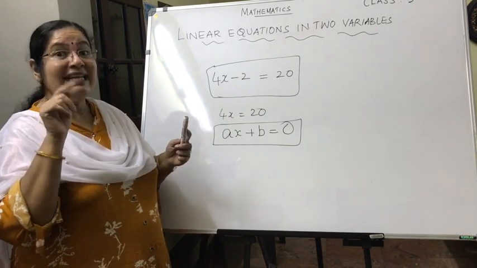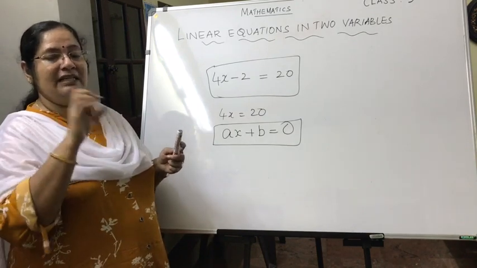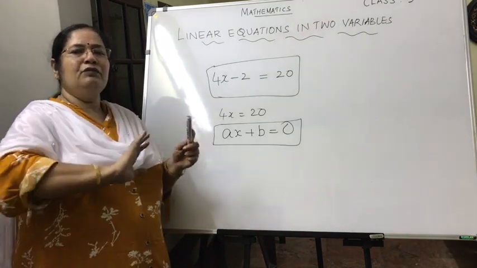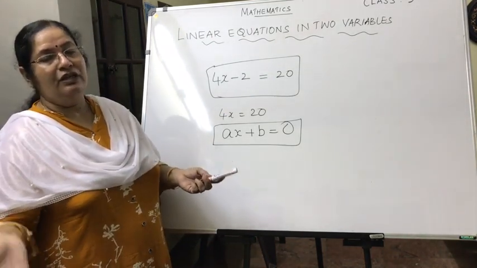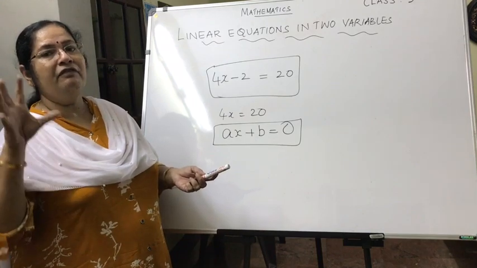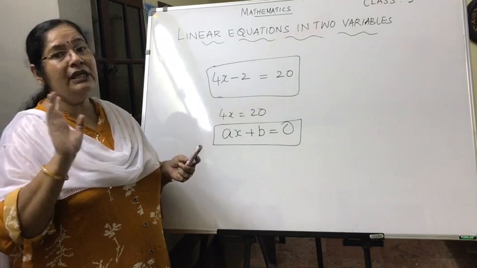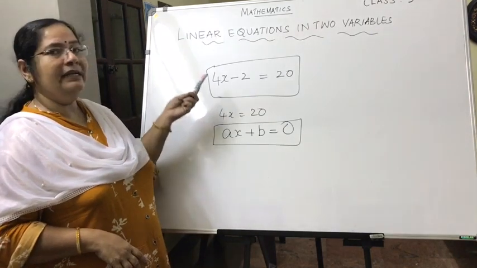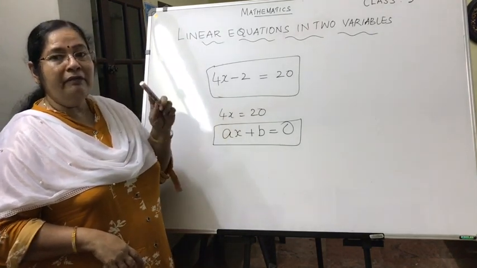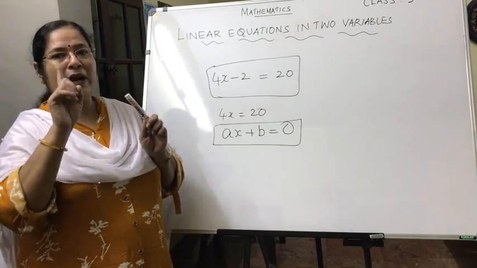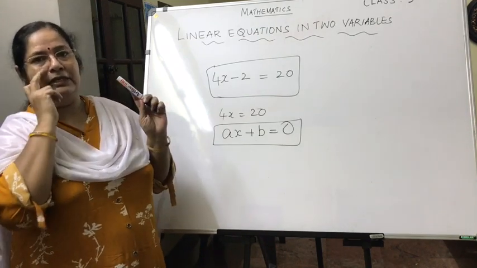We say the equation is satisfied. That is the term we have learned, but now we don't use that; now you find only solutions. Solution means a value of the variable which makes the left hand side and right hand side of an equation equal. So in a linear equation in one variable, there is only a unique solution. Unique means only one value satisfies the equation.